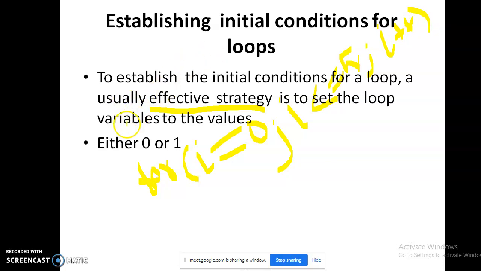Before that, I initialize the factorial. For that purpose I use the variable f equal to 1, because 0 factorial equals 1.